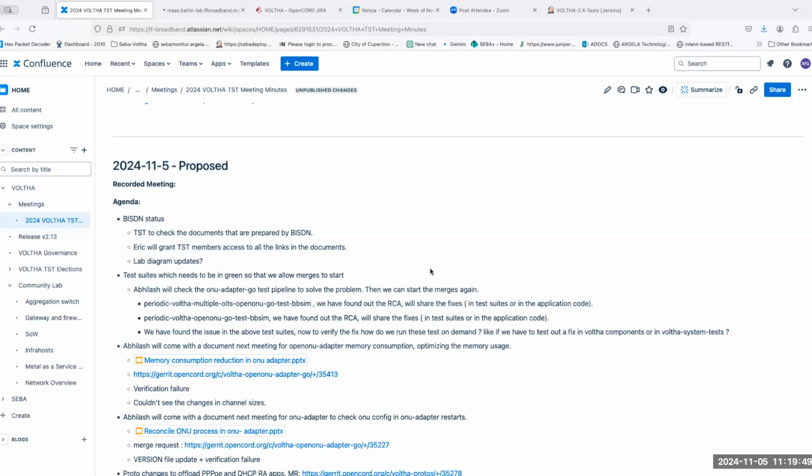So currently, I'm not sure if this is against the policies of the LF, but we need to access that to check these documents. If there's some problem, please warn us so we can take other actions. Okay.